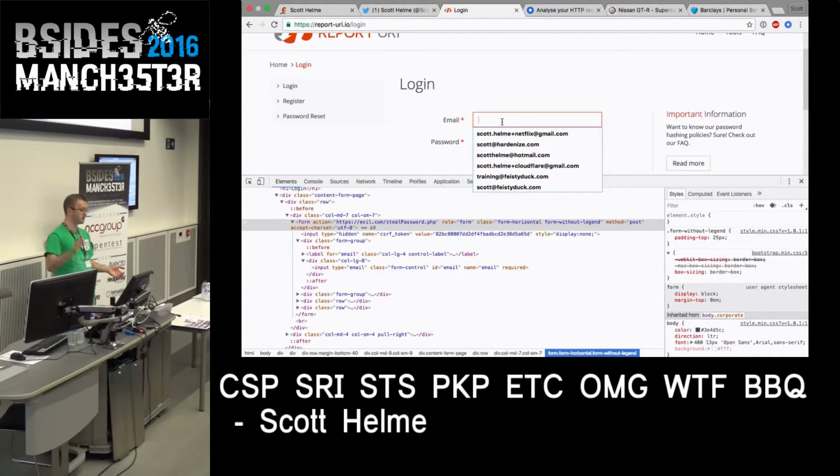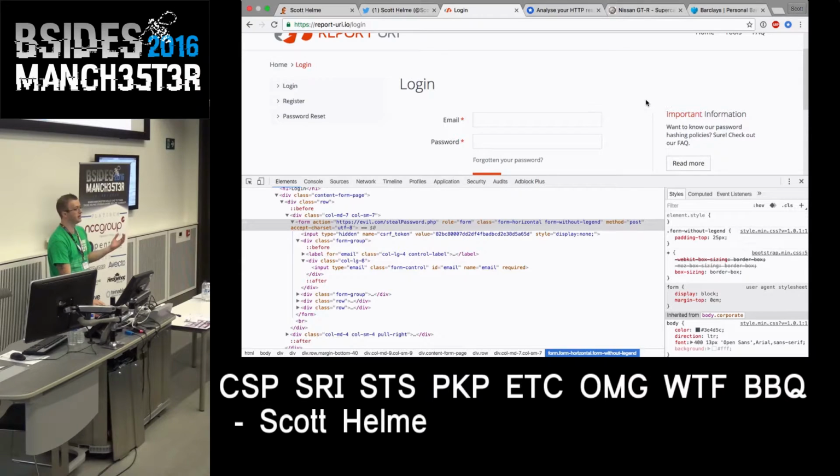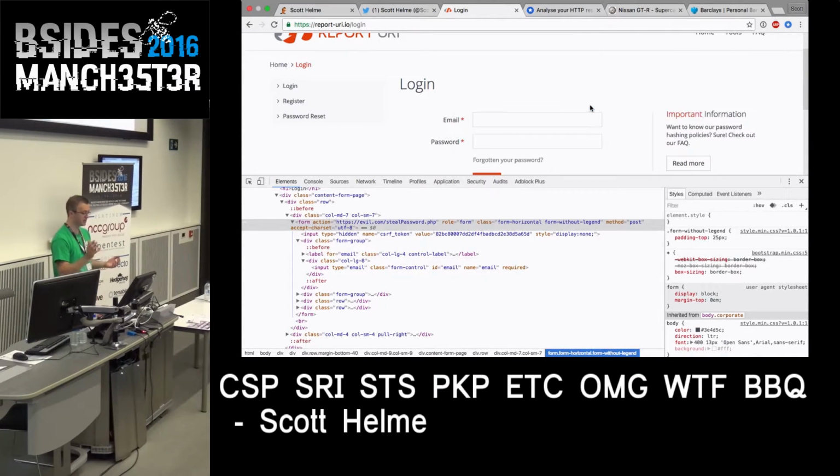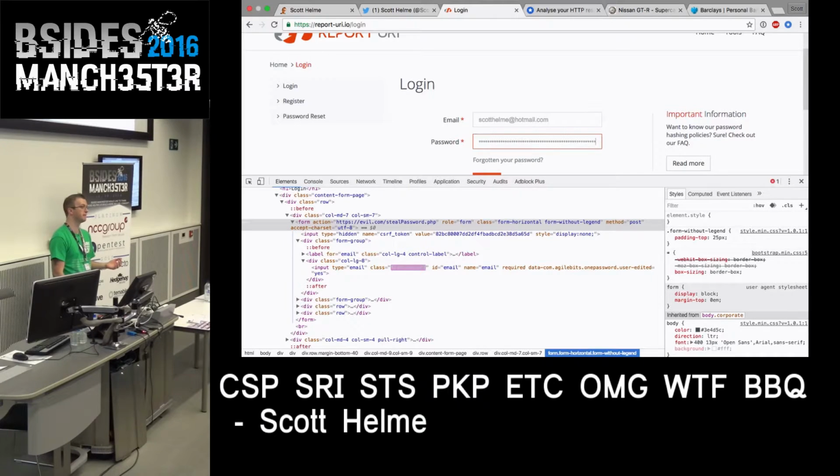It doesn't matter where this change happens. I know that I've just done this locally, but it doesn't matter where this change happens. So I'm going to do exactly the same thing. I'm going to hit Command /, pop up my password manager, and say login with this username and password. Except this time it's not worked, and you may have noticed a little error popped up in the